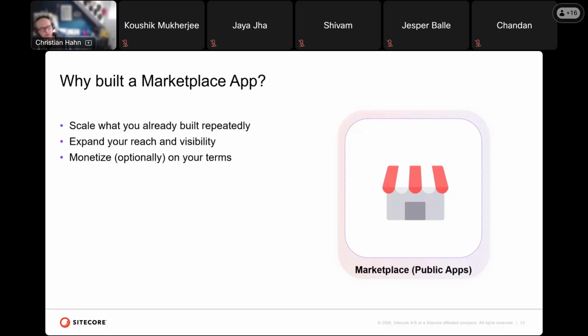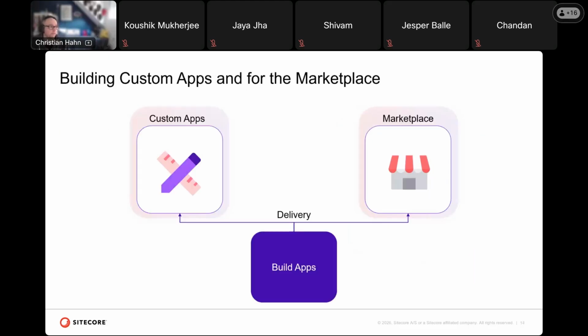We have one app in the pipe which is actually implementing this, and it could act as a blueprint so that we as Sitecore give you an example of how such a paywall could look like in marketplace apps. So those two are the major reasons for me and usually for everyone to build marketplace apps and not just custom apps. The cool thing is you don't have to decide upfront,